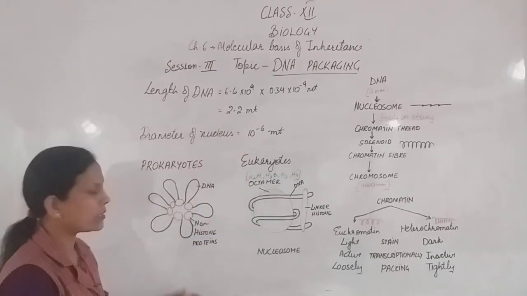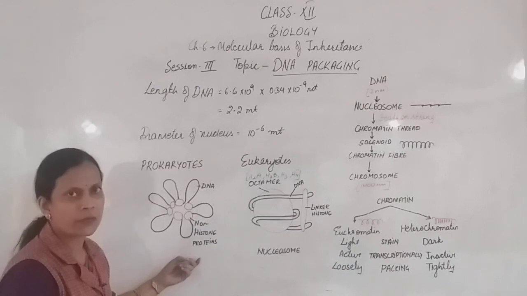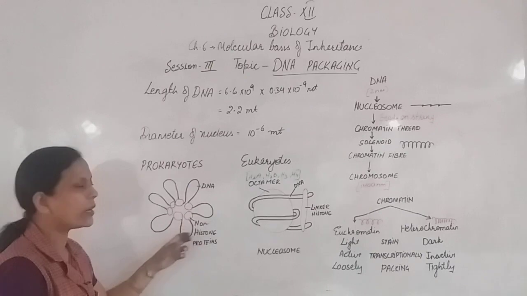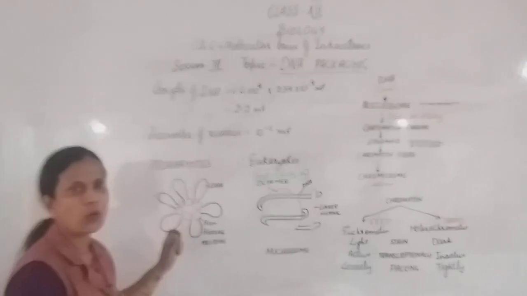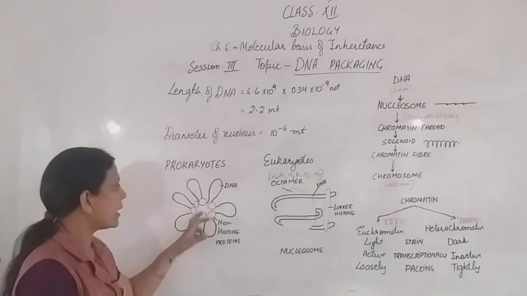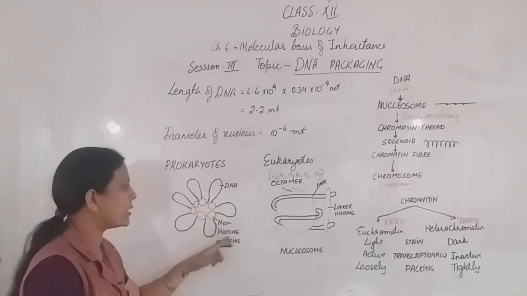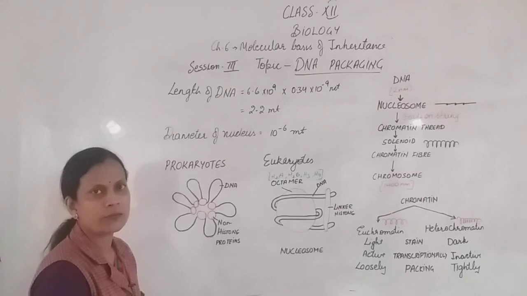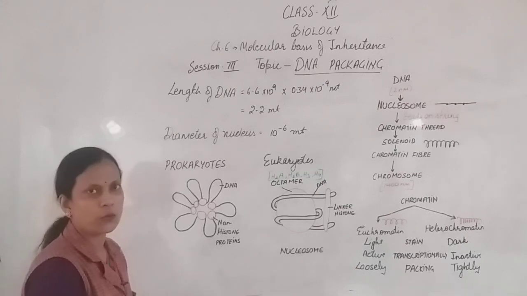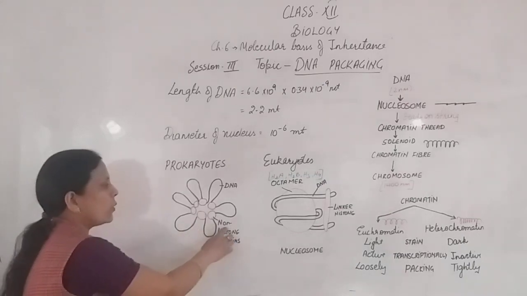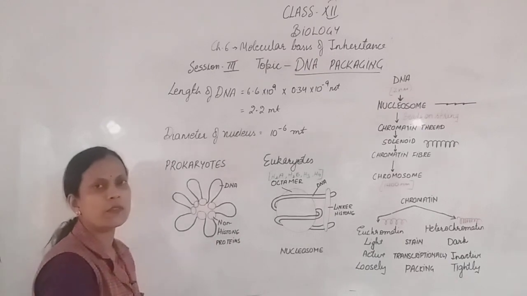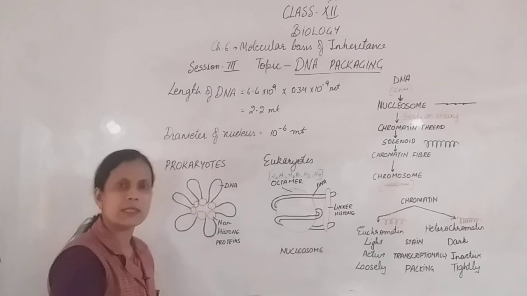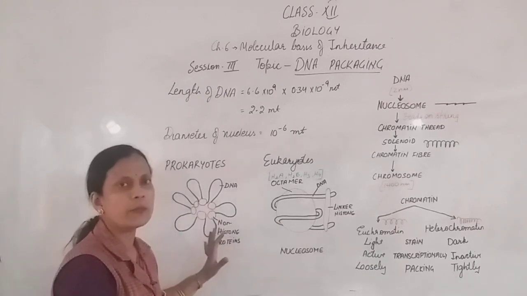In prokaryotes, there is no well defined nucleus, and there are no histone proteins. We say the DNA is bound at a place known as the nucleoid in the prokaryotes, and it is bound with some non-histone proteins. As we know, DNA is a negatively charged molecule. So a negatively charged molecule is tightly packed with the non-histone proteins, which are positively charged proteins. So DNA is concentrated at one place in the cell. This is the nucleoid in prokaryotes.